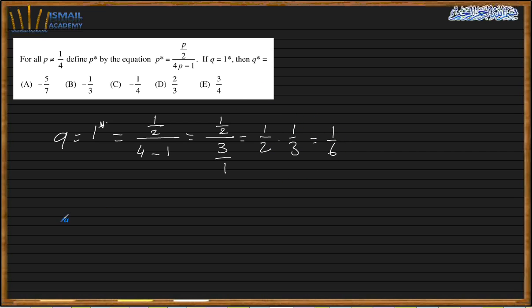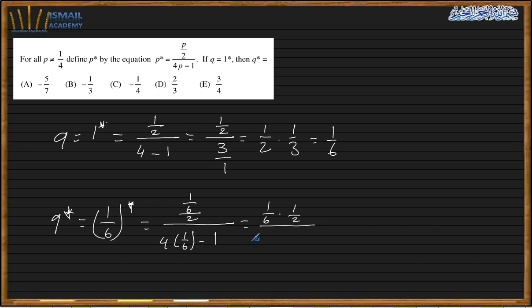Now they ask me what is q star, so q star is 1/6 star, which is 1/6 over 2 divided by 4 times 1/6 minus 1. So here 1/6 over 2 is the same thing as 1/6 times 1 over 2, over, and here we have 4 over 6 minus 1. So this is same thing as 1 over 12 over